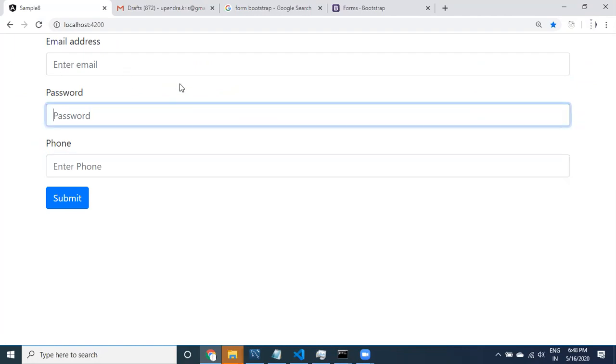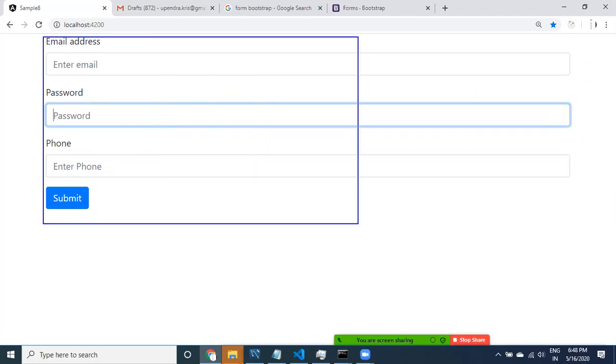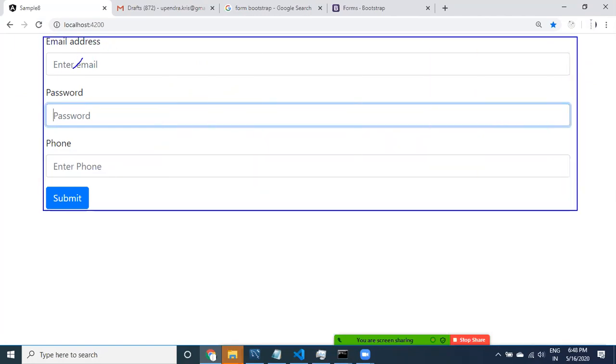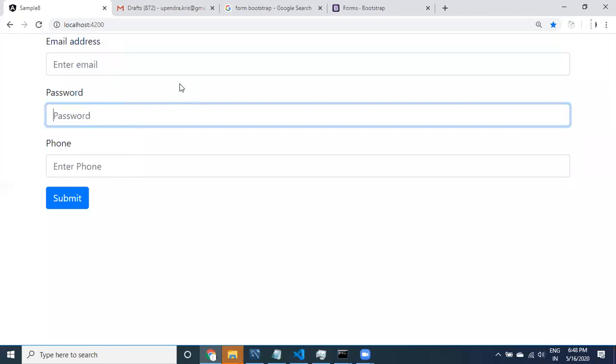Now our goal is to enter the data. Of course, the user is going to enter the data into these text boxes and click on this submit button. Whenever the user clicks on the submit button, whatever data the user has entered has to come to the parent component. Here in our case, the parent component is the app component.